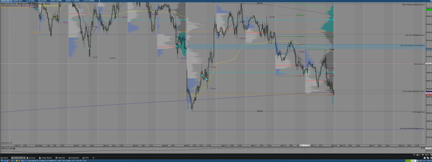So what that would mean is that, in theory, we should fill out this profile lower to have a balanced profile. So really that would look for the ETH lows at 65.80s. The early thing for me really is that if we're below 66.30s, if we can't bid back above the 200-day moving average, if we're below last week's value area low, if we're below the contract settlement at 66.36s,